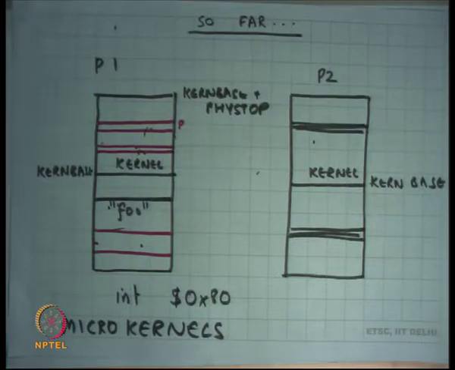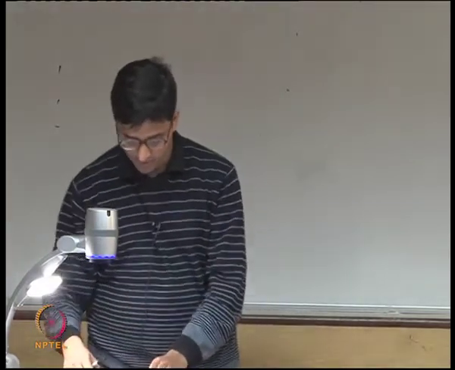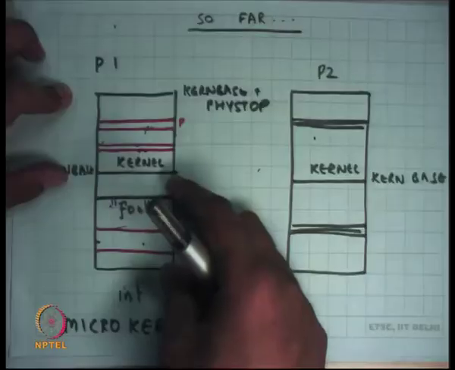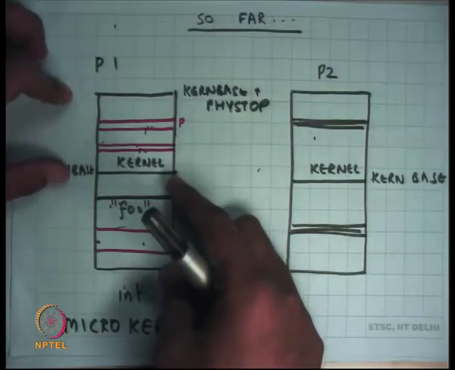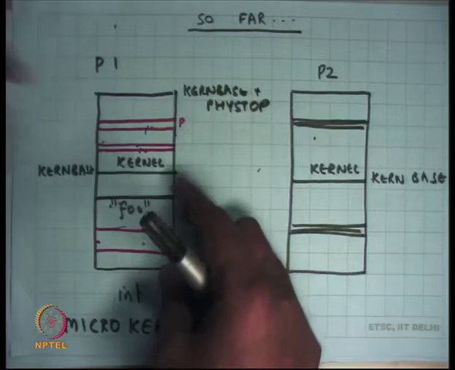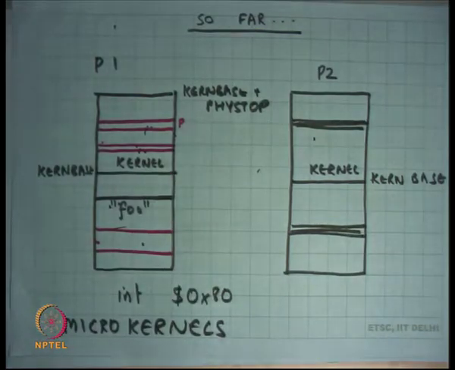Question. So user pages are allocated from kernel heaps. So why, in a system like Linux, do we need 3 GB for user address space and only 1 GB for kernel address space? Okay, very interesting question. If the pages in the user space are allocated from the kernel's heap, then shouldn't the kernel's heap necessarily be larger than the size of the user space?